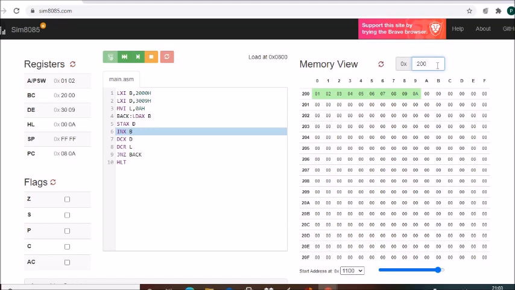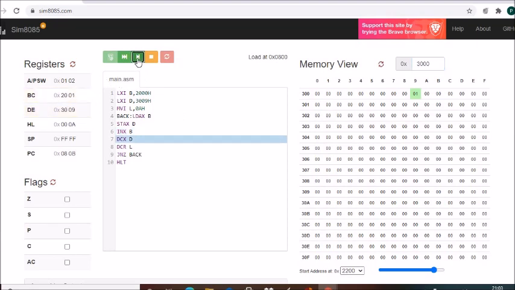Okay. So let us go to 3000. In 3009, 01 is transferred. So it will be transferred in the inverted form, right? And INX B, so the BC pair is 2001, DCX D, the DE pair is decremented by 1, that is it has now become 3008. Then DCR L, so L is decremented by 1.